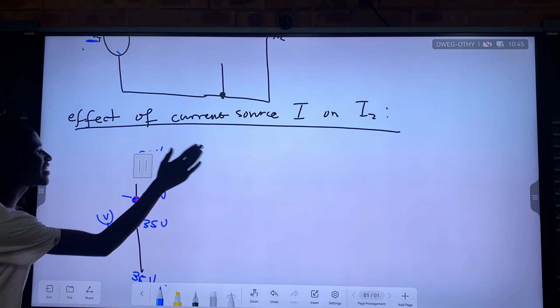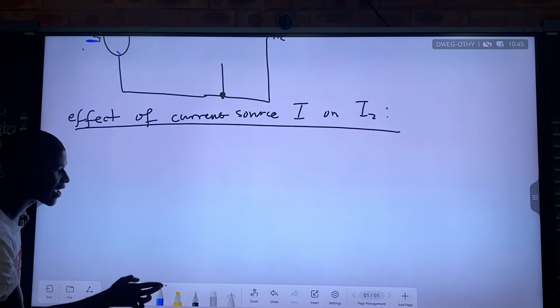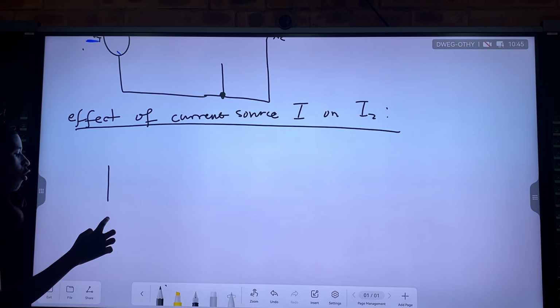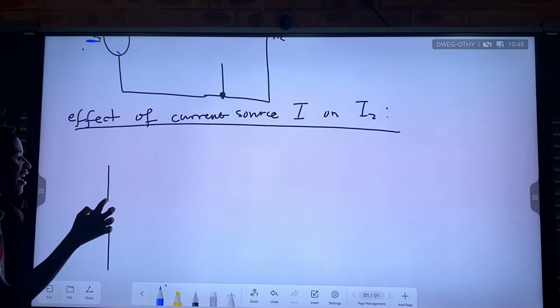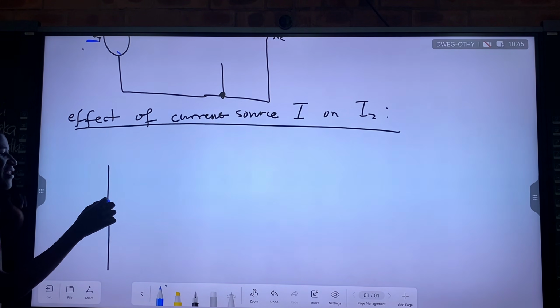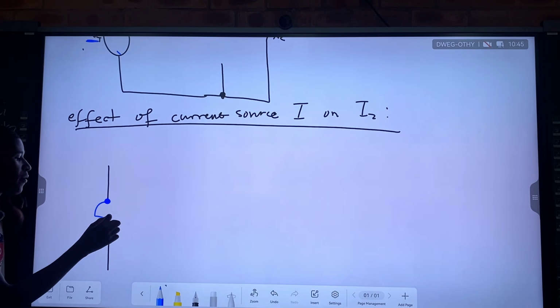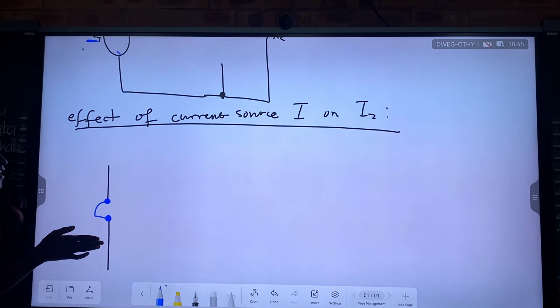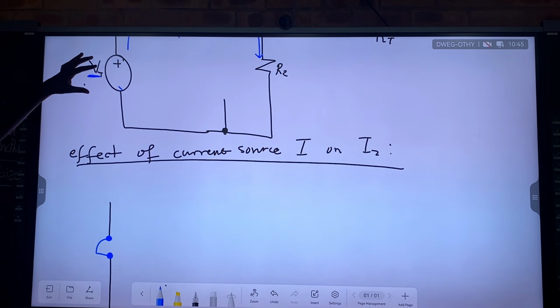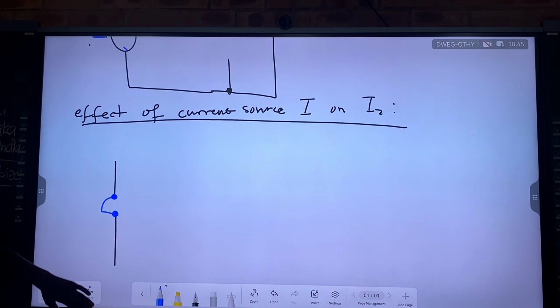So we should avoid this mistake that we often find, where someone redraws the circuit diagram and ends up opening the circuit and says, I'm stopping voltage from flowing here. This is completely wrong because you can still find voltage across an open circuit. If there is a higher potential at this node and a lower potential at this node, there will be a potential difference, there will be voltage. So you are not allowed, when you want to remove the effect of the voltage source, to open the circuit, because you are only cutting out a current.